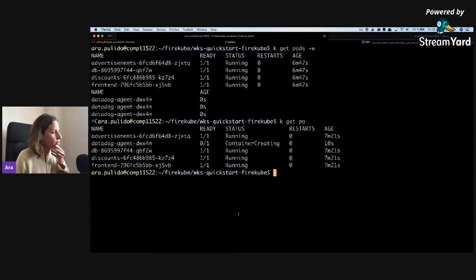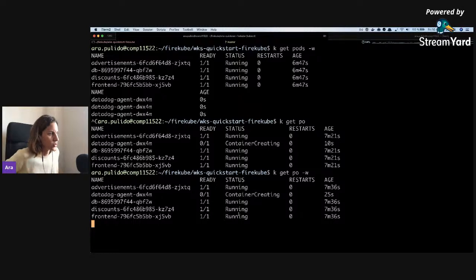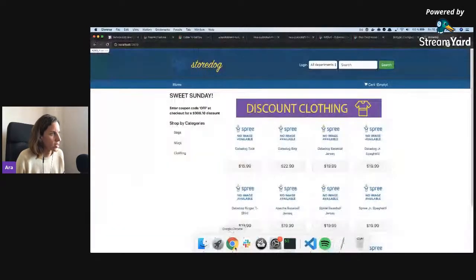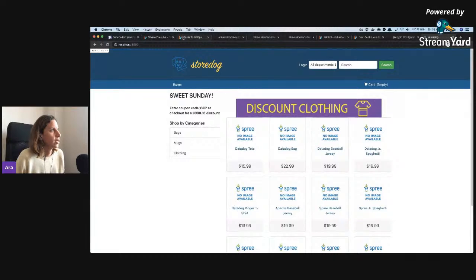Okay, the container is creating, which is good. It means that we have all the configuration that we require. For example, the secret is already there. Let's watch this for a while. One of the things, while this is starting,